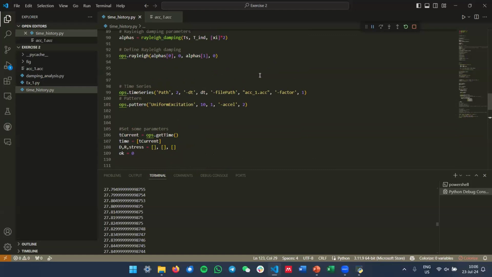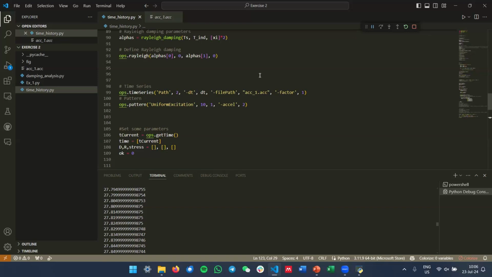If I want, for each load increment or load factor, from 0.1 to 1, maybe 10 load factors, for each scenario I want the load effects to be saved in a file. So do I need to create separate time series and patterns, or can I use the same time series and pattern with a simple loop on the factor? Yeah. You can put the entire script that you have